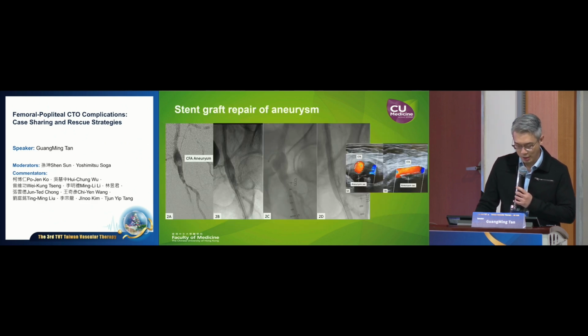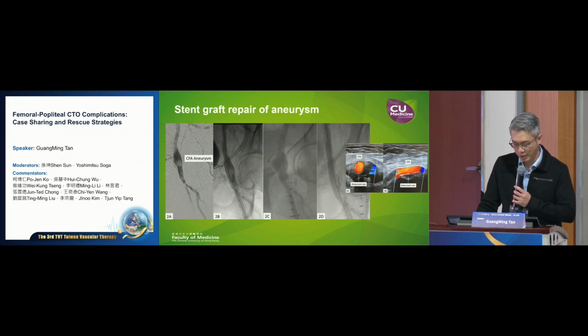After the directional atherectomy, you can see there is some aneurysmal formation at the common femoral artery. We thought that it might actually seal off with a bare metal stent, but actually most of this aneurysmal formation is almost equal to a perforation, a concealed perforation at the common femoral artery. So in this case, it doesn't really help with just the implantation of a bare metal stent. At the end, we had to put in a covered stent across the common femoral artery. And ultrasound also shows that there is a concealed perforation with quite a big aneurysmal sac around